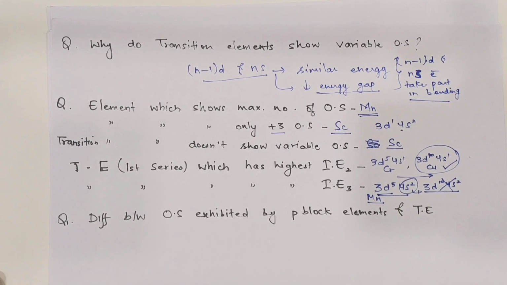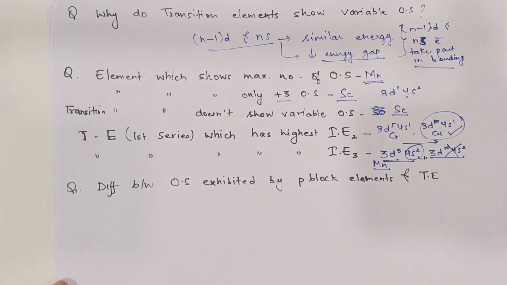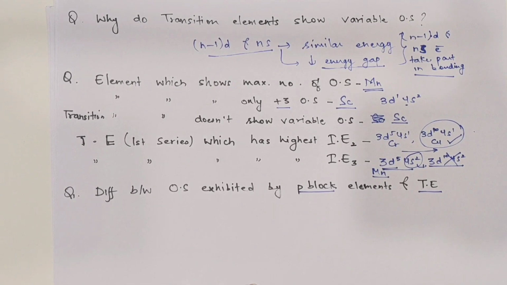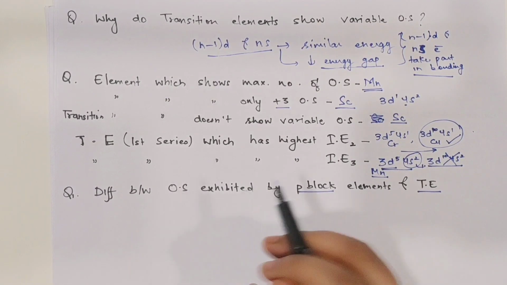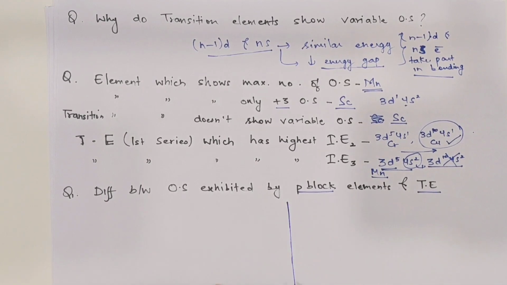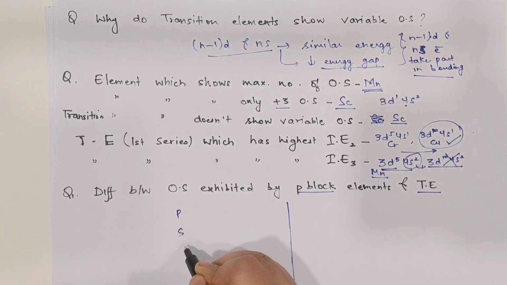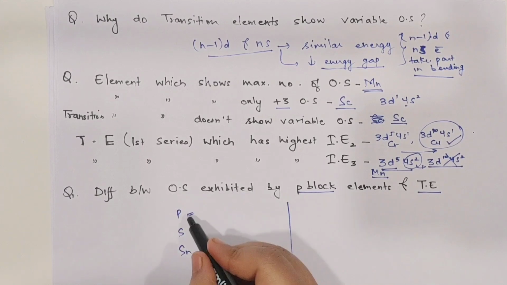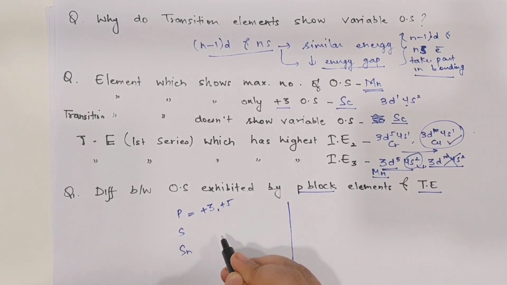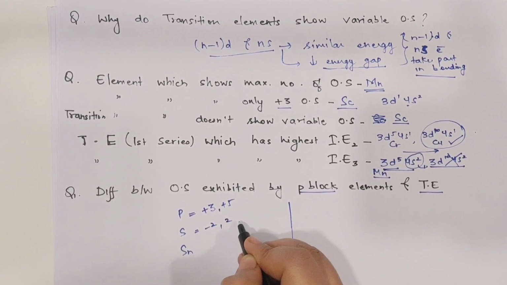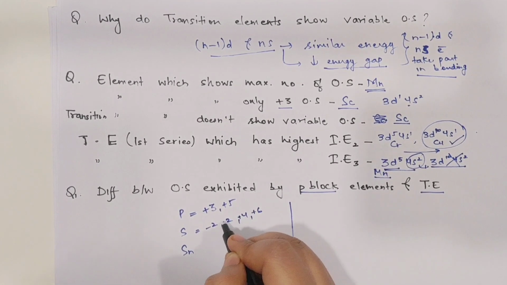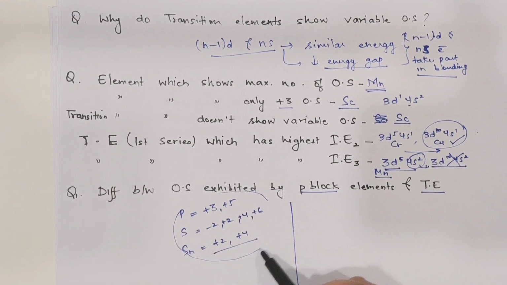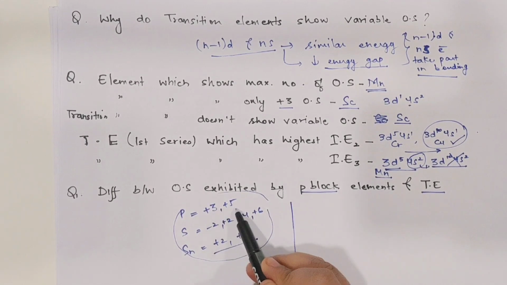Okay, next up, the difference between the oxidation state exhibited by p-block elements and transition elements. Sometimes the question is between transition elements and non-transition elements. Now, when we talk about p-block, what comes to mind? Phosphorus, sulfur, tin, right? The oxidation states exhibited by phosphorus, +3, +5. Sulfur, -2, +2, +4, +6. Tin, +2, +4. Now these oxidation states, if you can see the trend, they differ from each other